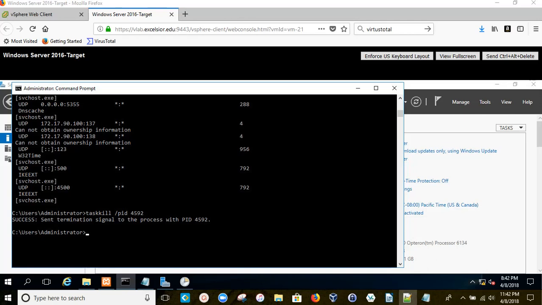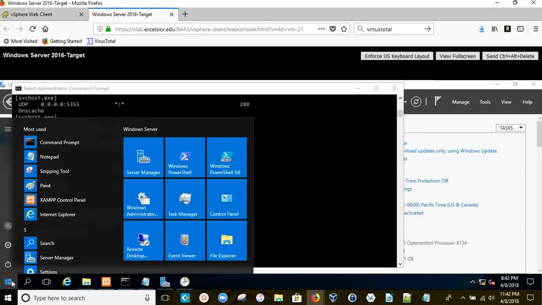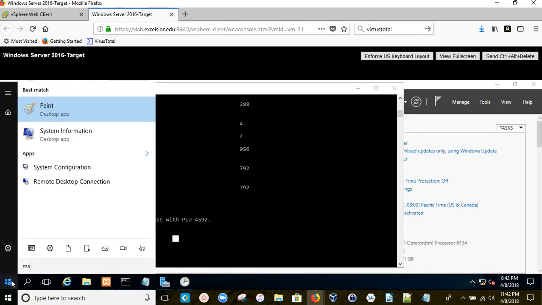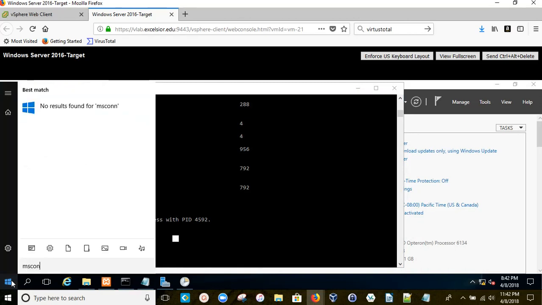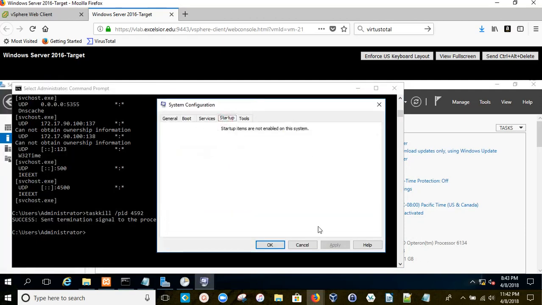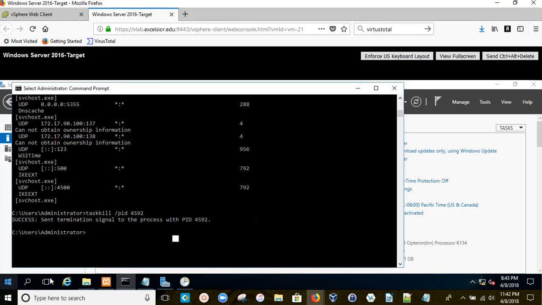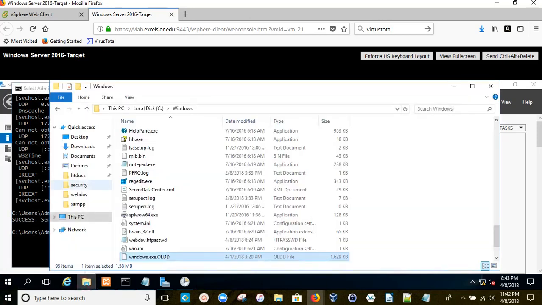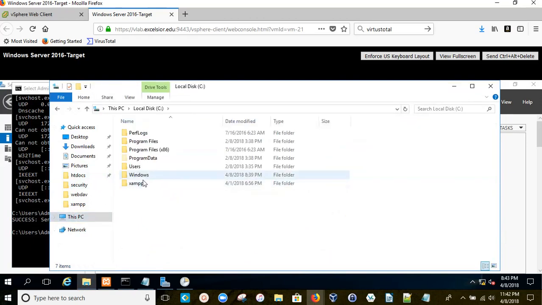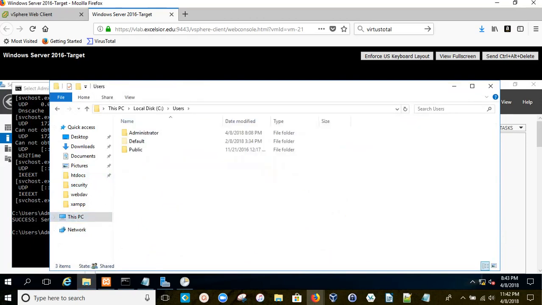we can go and review startup items. So startup items typically are reviewed through MS config, and in the startup, there's no entries. Now, trust but verify. If we go in and actually look up for the startup items of the administrator user account,